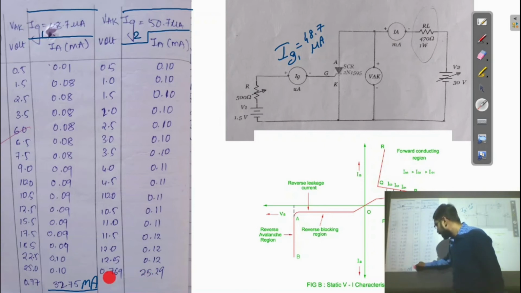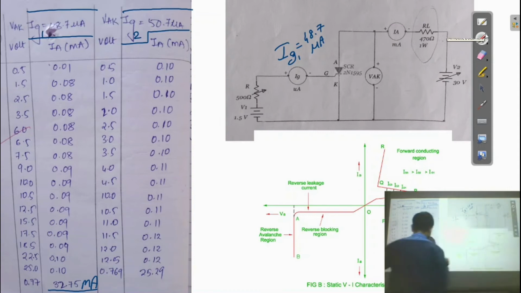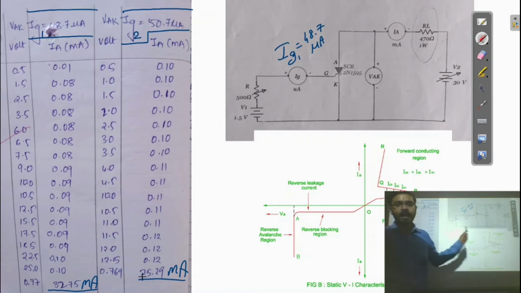We can see as the SCR starts to conduct, voltage across anode and cathode decreases and current through the circuit, that is IA, is increasing to 25 milliampere. So this is all about the DC characteristics of an SCR. All students have to prepare the journal and write down all these things, as you are preparing in semester 2, and have to check your journals with the respective professor. Okay, thank you.